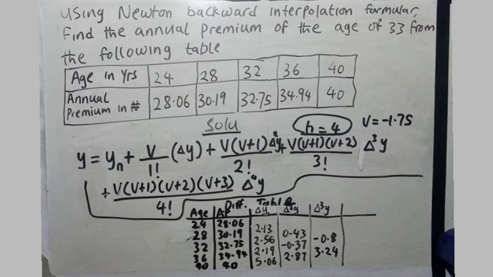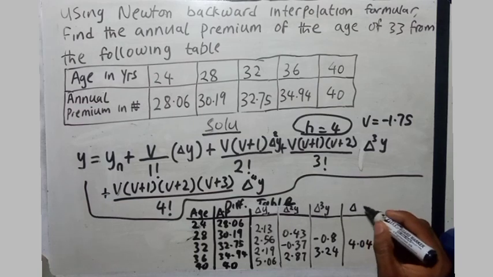Now subtracting this last two, we're going to be having this minus 0.8, that will be giving us plus. So we'll be having 3.24 plus 0.8, and to give us what? 4.04. This is for our fourth change in